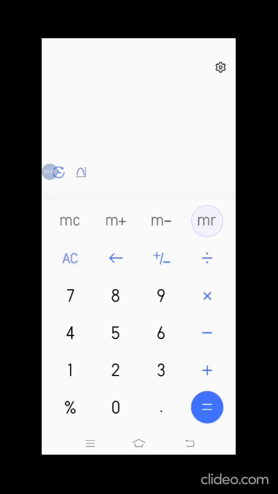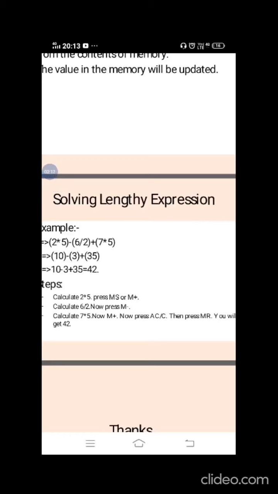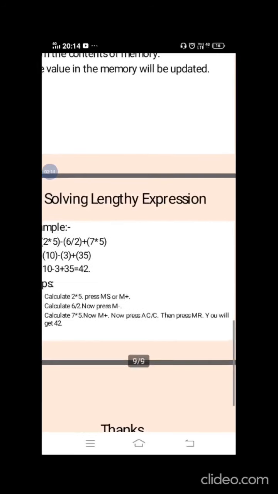Now I will click on MR. MR is giving 42. So we have seen that the lengthy expression has been solved very easily using the memory keys. Students, you can see the result is 42.